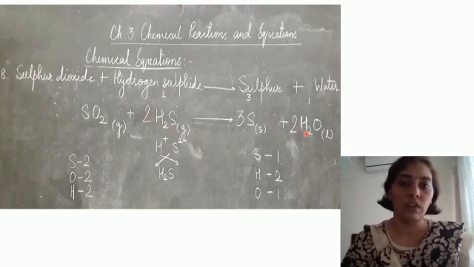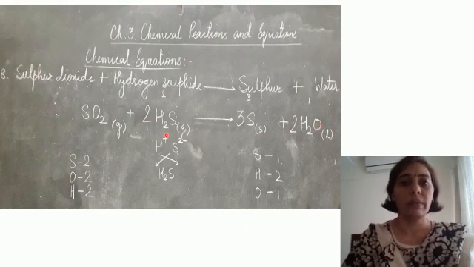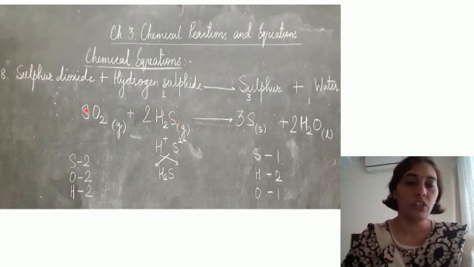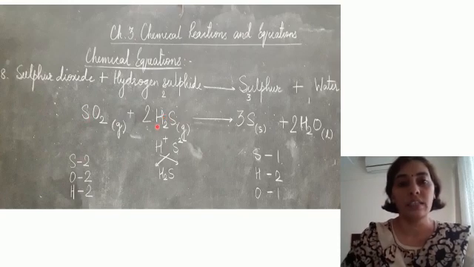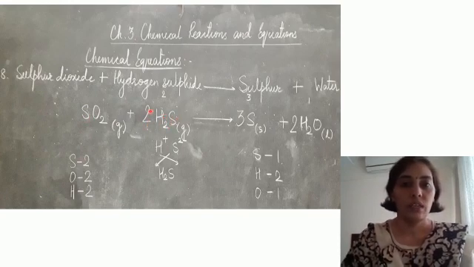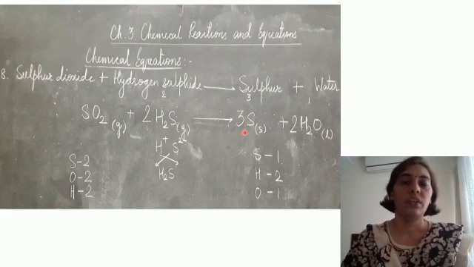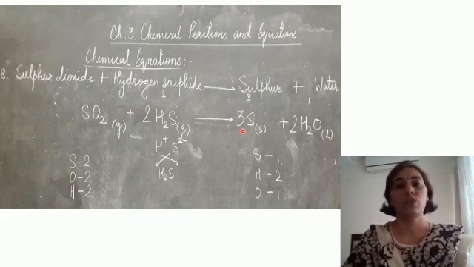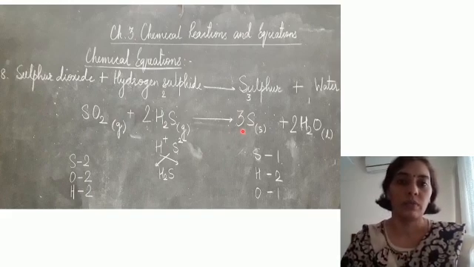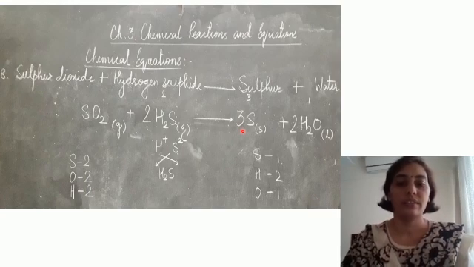Here also 4 hydrogen we have. Here also 4 hydrogen we have. Oxygen 2 and here also oxygen is 2. But by writing 2 here, sulfur has become 2 and plus 1 which we already had here. So total sulfur on reactant side is 3. Are you getting it? This is 2 sulfur plus 1, that is 3. So how can we make 3 on this side? Just by writing a 3 in front of sulfur. So this balances our equation. Let's go to the next slide.